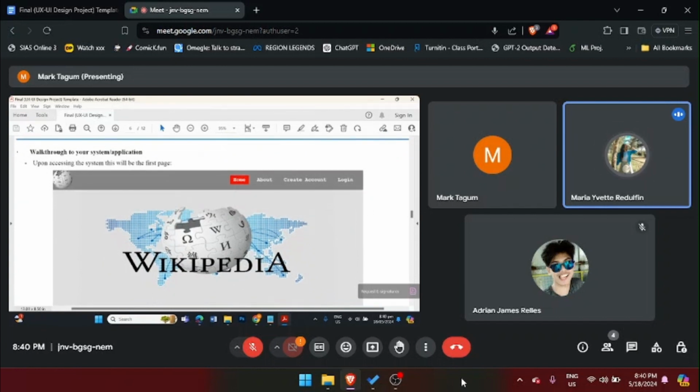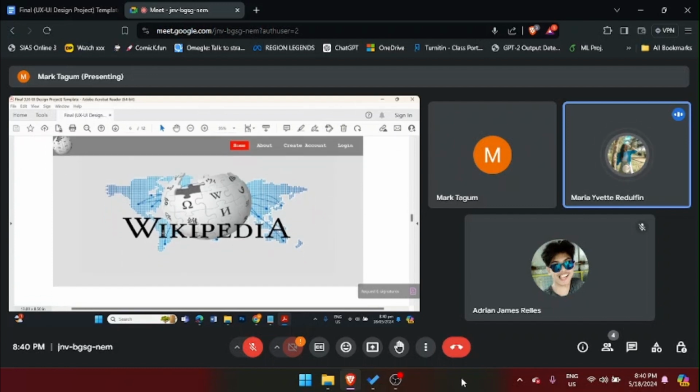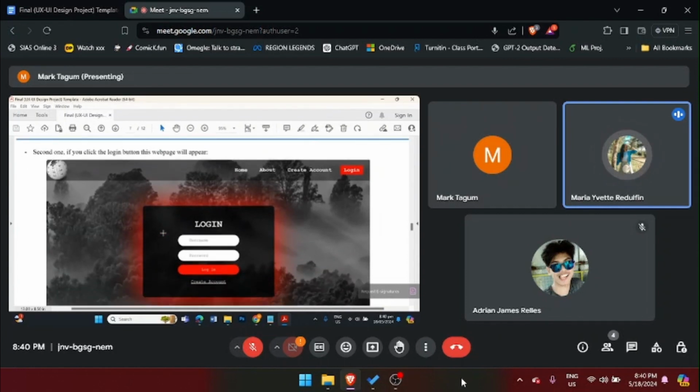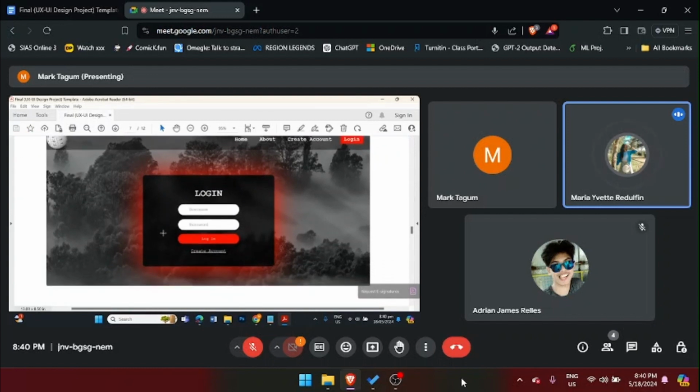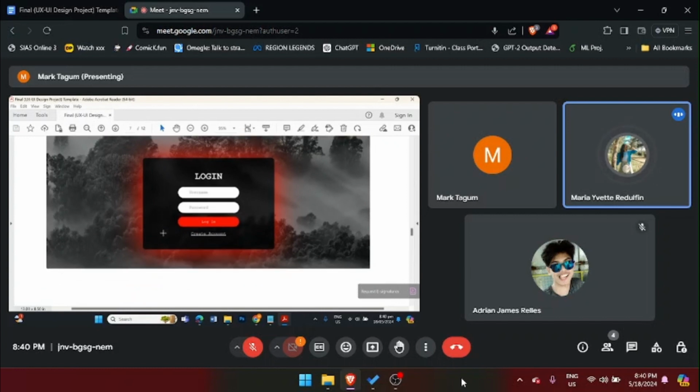Now, a walkthrough of our system application. Upon accessing the system, this will be the first page. Here we have Wikipedia, home, about, create, and so on. Second, if you click the login button, this web page will appear, with the login username, password, and create account.